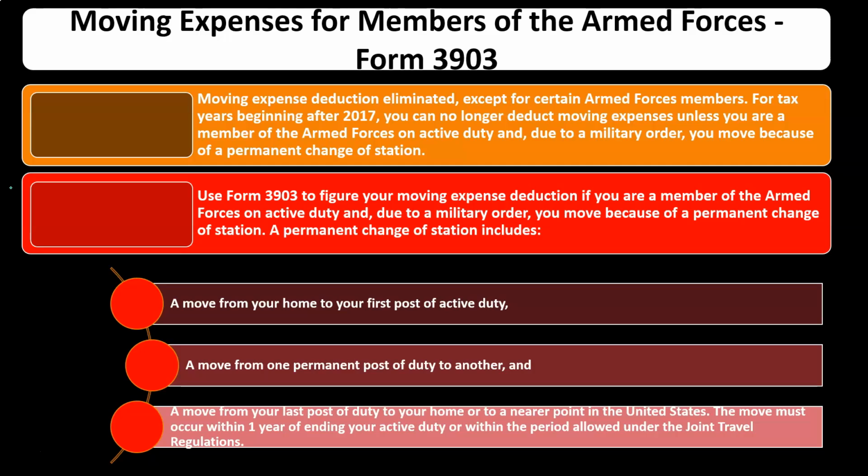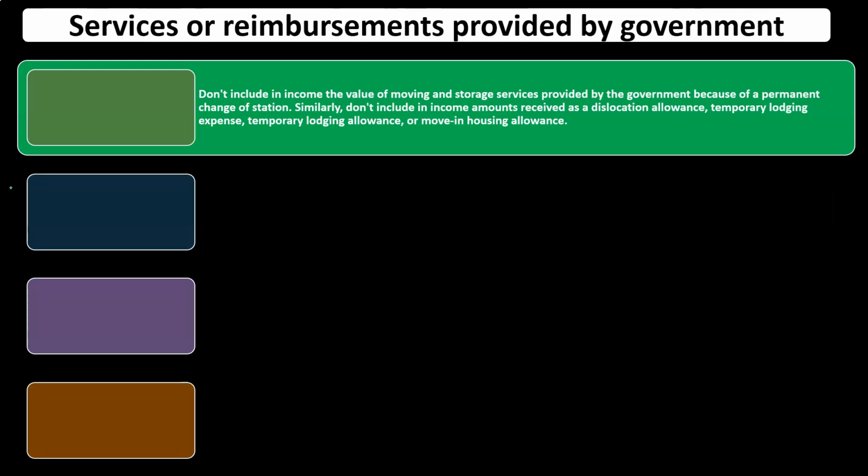The move must occur within 1 year of ending your active duty or within the period allowed under the Joint Travel Regulations. Services or reimbursements provided by the government. So don't include in income the value of moving and storage services provided by the government because of a permanent change of station. Similarly, don't include in income amounts received as a dislocation allowance, temporary lodging expense, temporary lodging allowance,